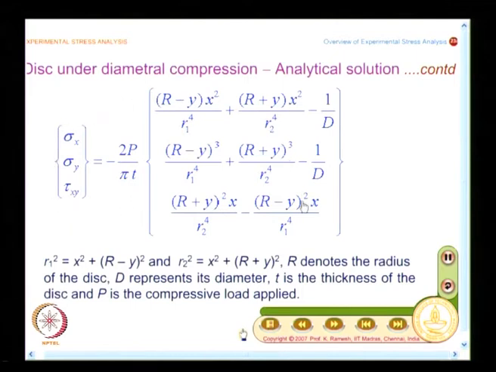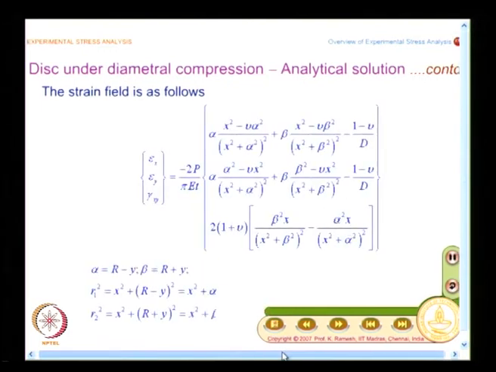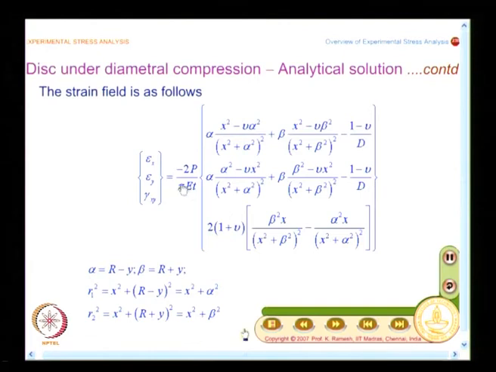When stress field is so complex, strain field is going to be much more complex than this, and this is how the expression looks like, and I have epsilon x, epsilon y, gamma x y, that is equal to minus 2 P by pi E t, and here again I would like you to make a decent sketch or you take down the notes of these expressions. I have this as alpha into x squared minus nu times alpha squared divided by x squared plus alpha squared whole squared,